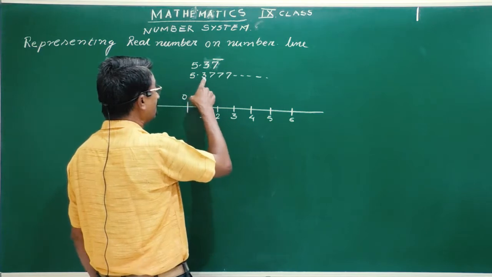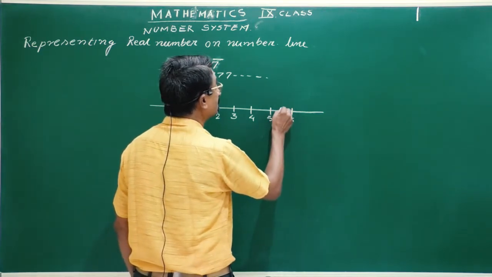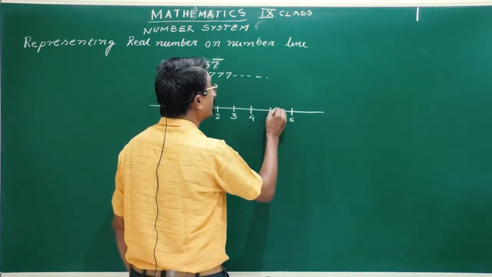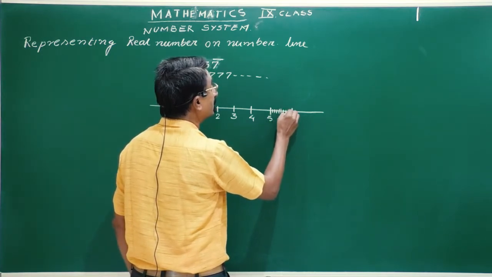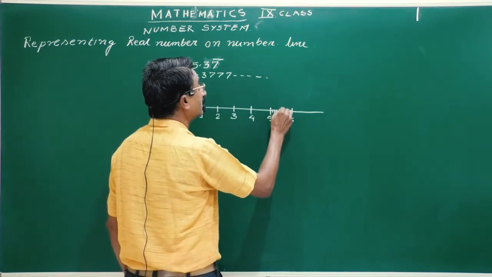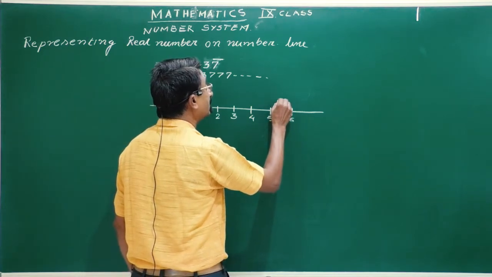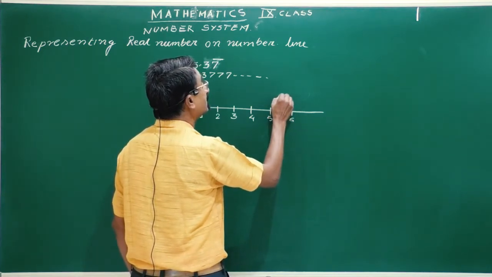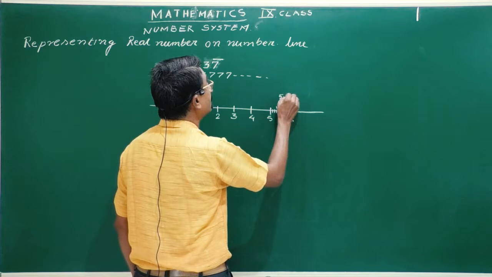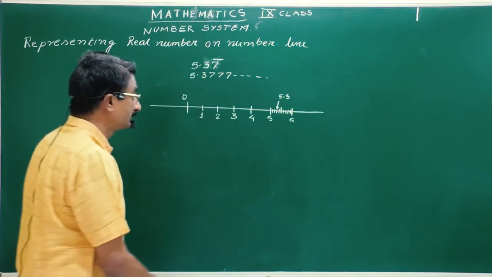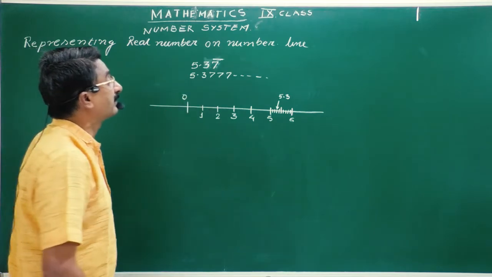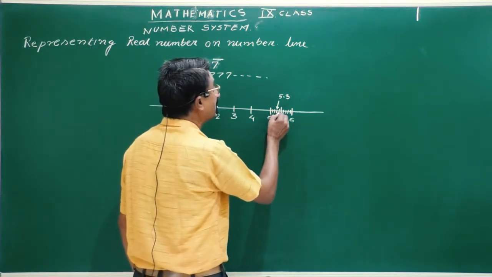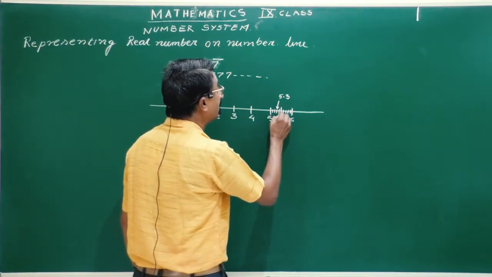So the number will lie in between these two. Here this is 5.3. Clear? What we need? 5.37 means this will lie in between 5.3 and